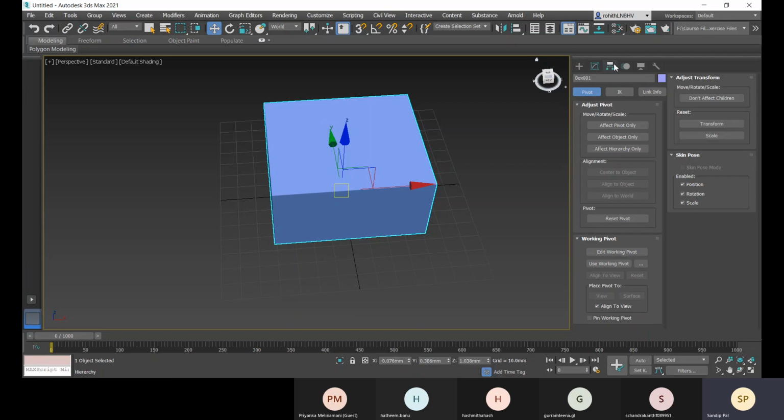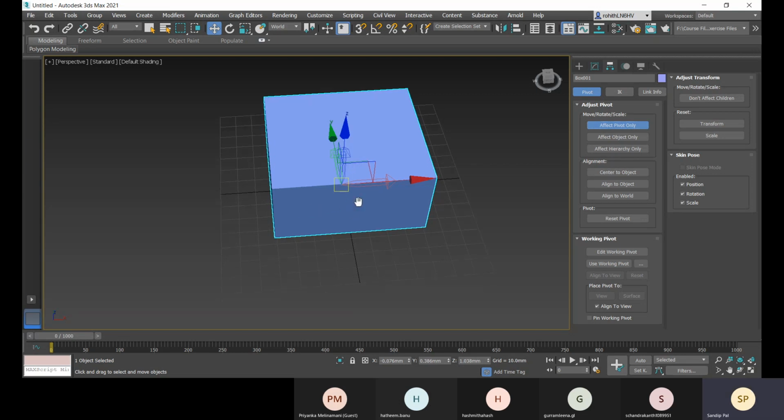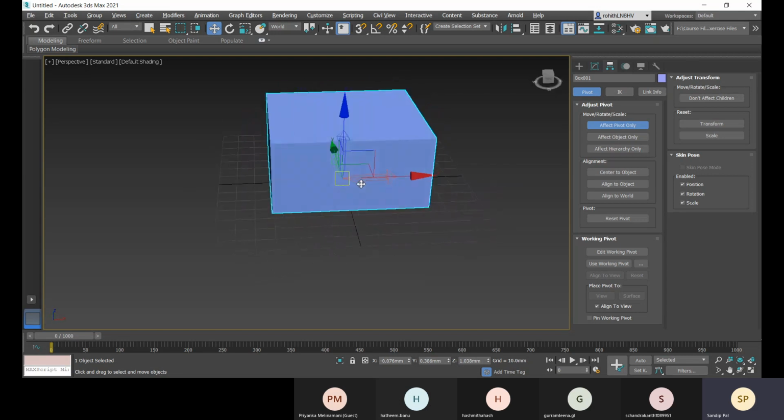Let's go to this hierarchy, and here we have this affect pivot only. So you can change the pivot, and because this move gizmo is selected, you can right now move your pivot. Okay, so the pivot is at the center of your base.